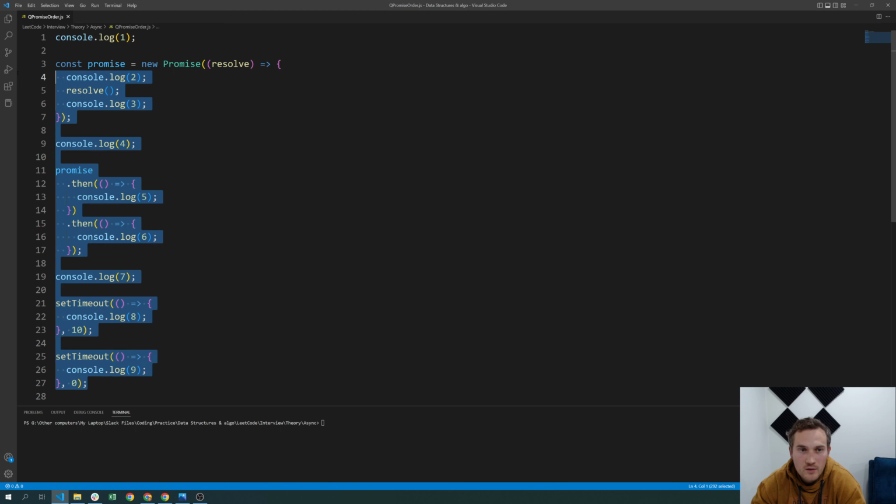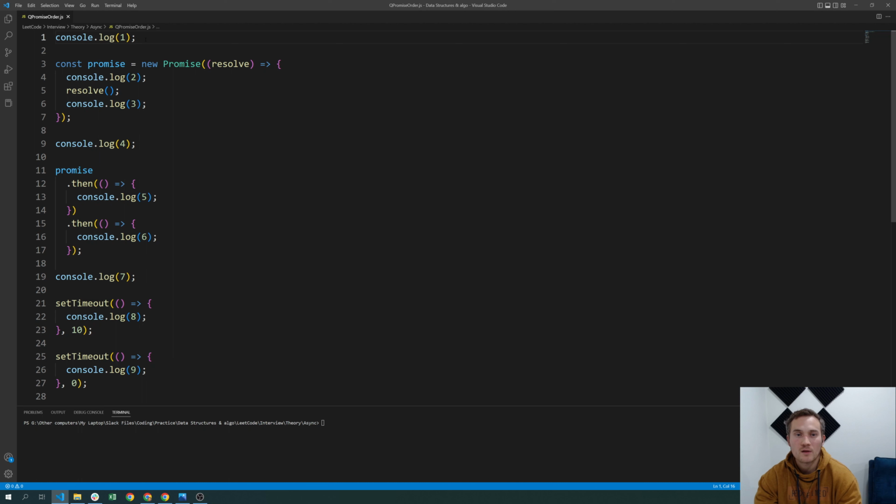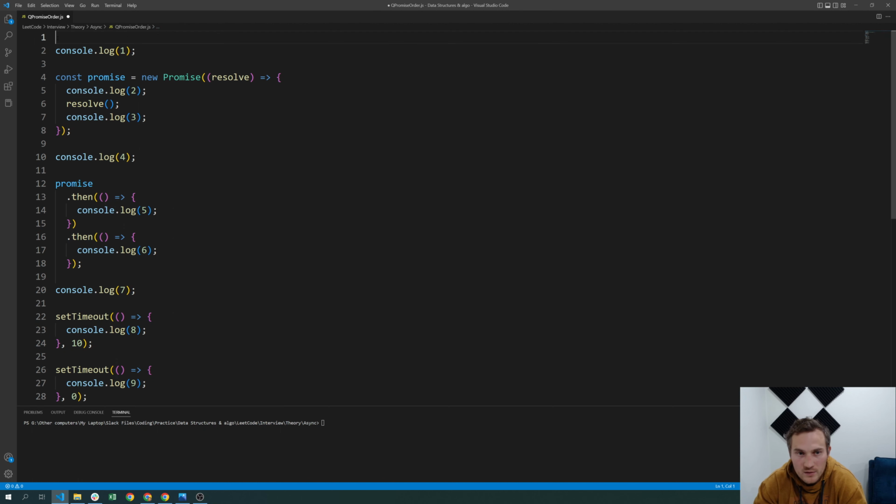So we have the following code snippet here. We have console log 1, and then we have a new promise initialization. Within this promise we have two console logs, then we have another console log. Then we have the resolution of the promise. Then we have another console log. And then we have two timeouts, one with 10 seconds, one with 0 seconds. So pause this video and think, what will this code